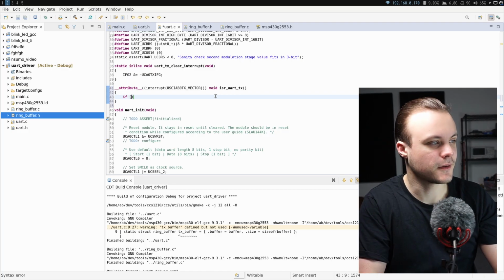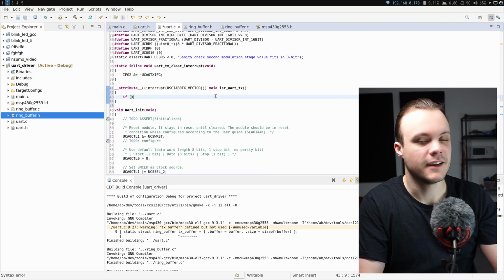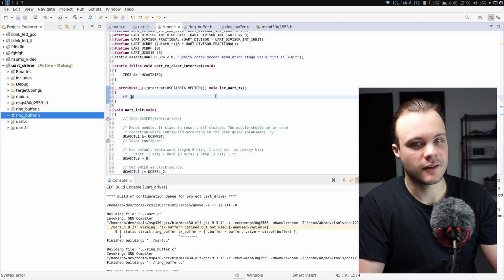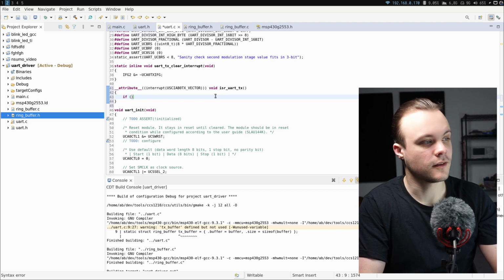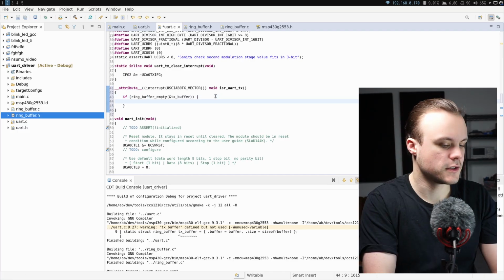So the first thing I'm going to do in this function is to sanity check that the ring buffer is not empty, because for this implementation, each time I'm going to send a new character, I'm going to add it to the ring buffer, and then I'm going to remove it from the ring buffer once it has been transmitted. So I'm going to remove it inside the interrupt function. So if I ever get inside the interrupt function and there is no element inside the ring buffer, that means that I have got an unexpected interrupt. So I should